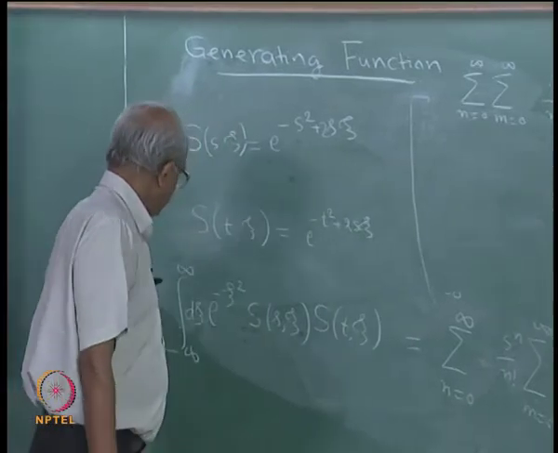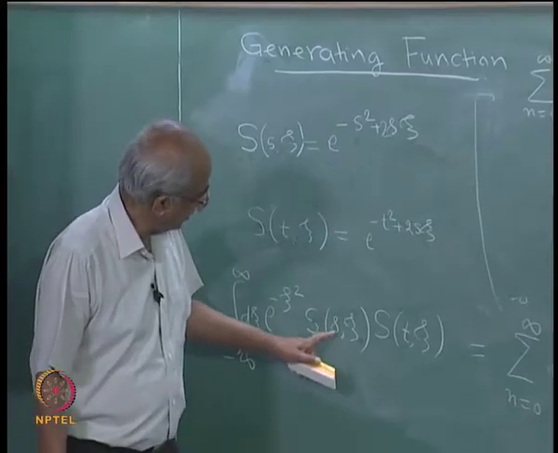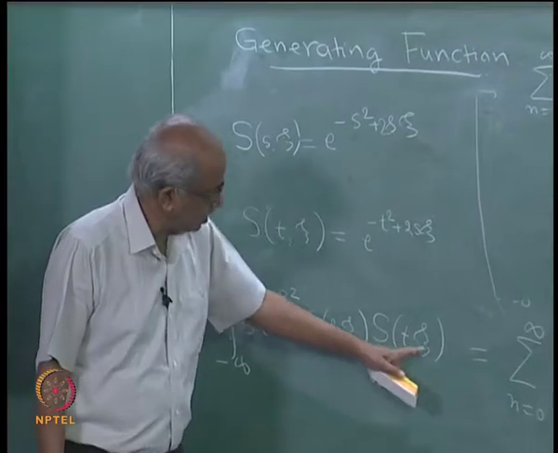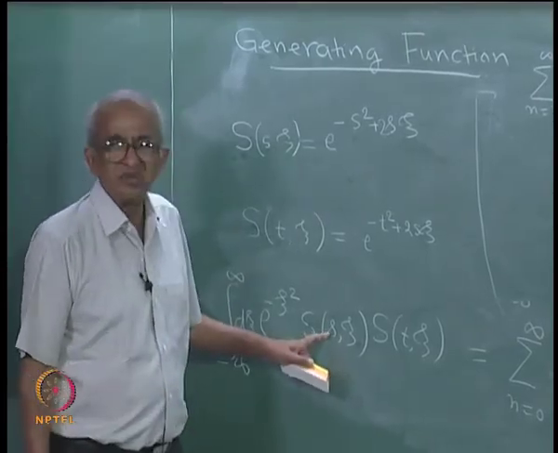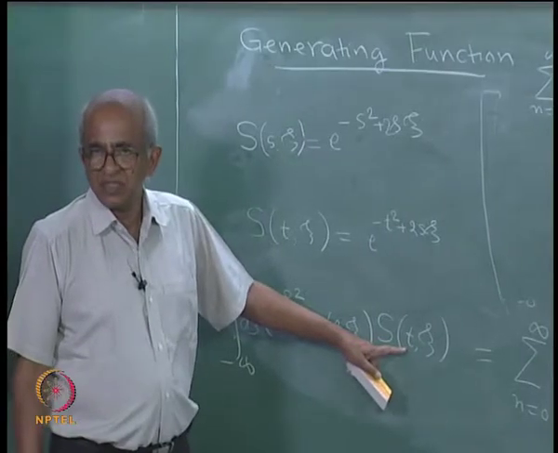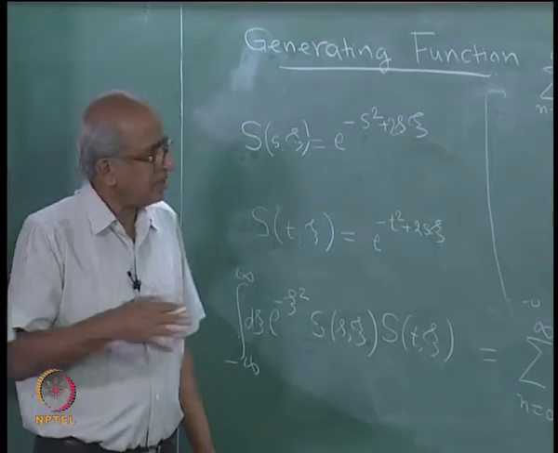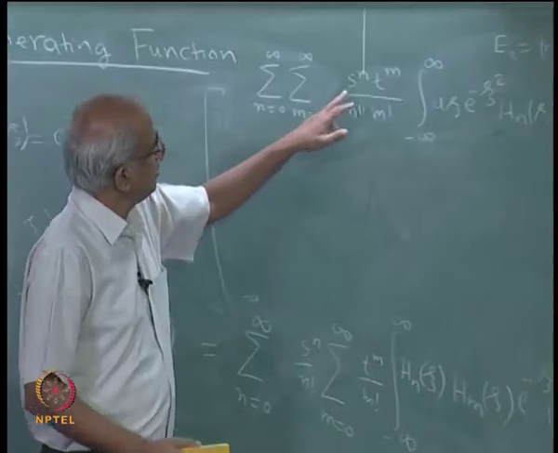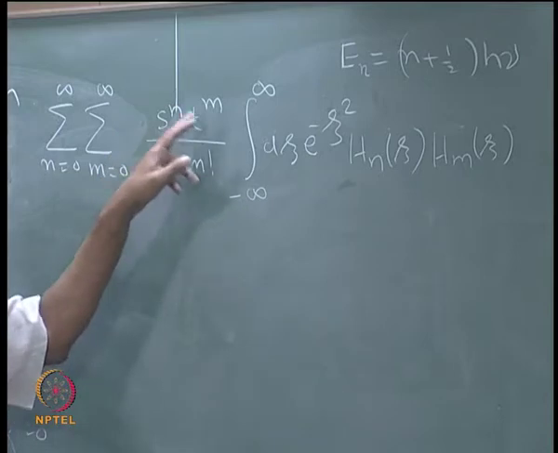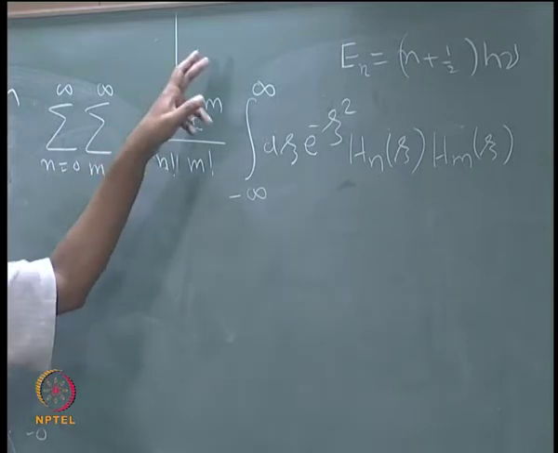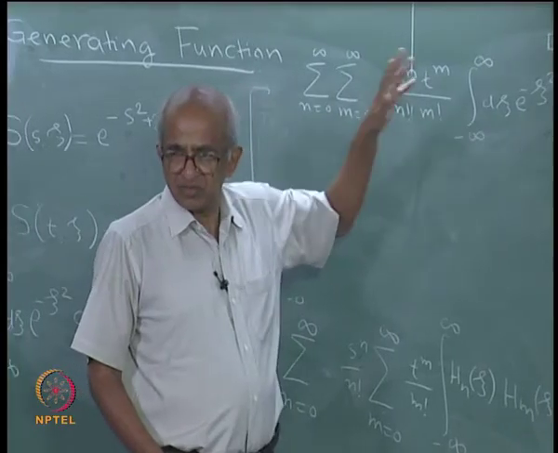Now, you look at the left hand side. The left hand side is this. On the left hand side, you find the variables as c, s and t, but c you have integrated over. So, therefore, the left hand side will depend upon the variables s and t. So, it is a function of s and t, right. And if you look at the right hand side, you see it is a function of s and t, and it is actually represented as a series involving s to the power of n, t to the power of m, with n and m both varying from 0 to infinity.